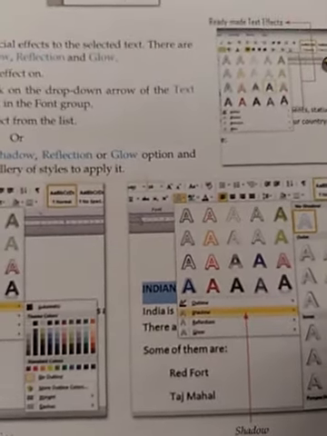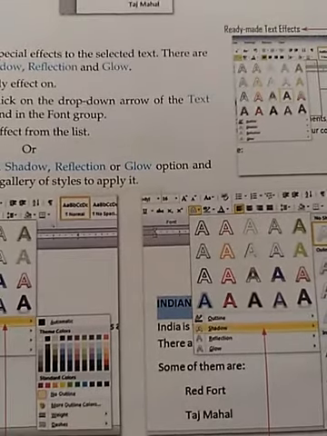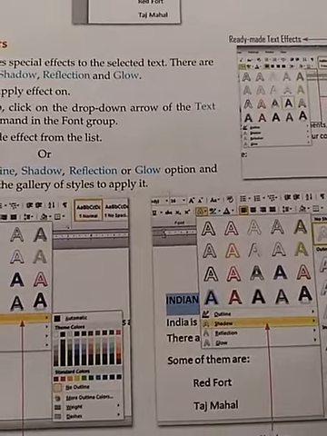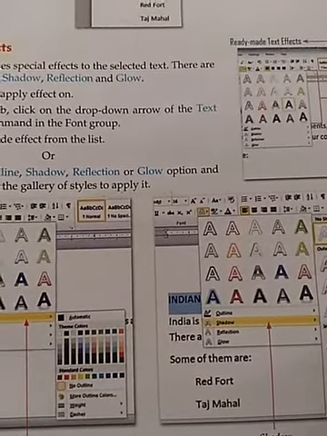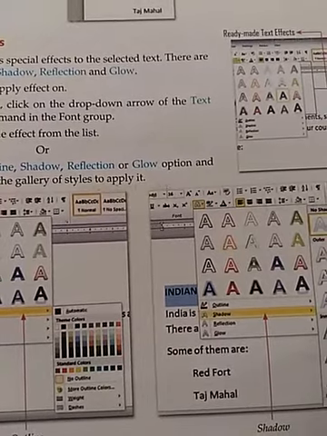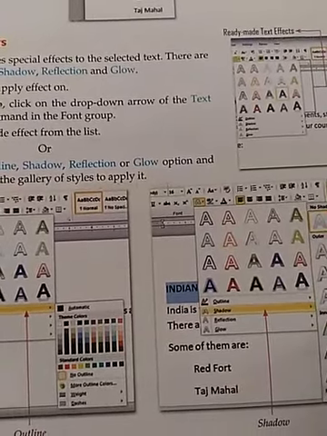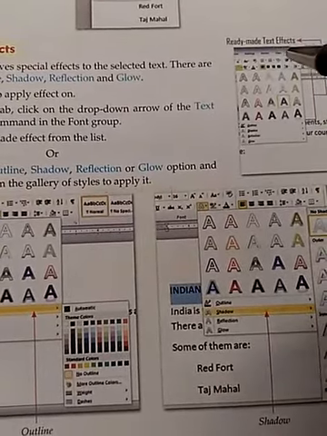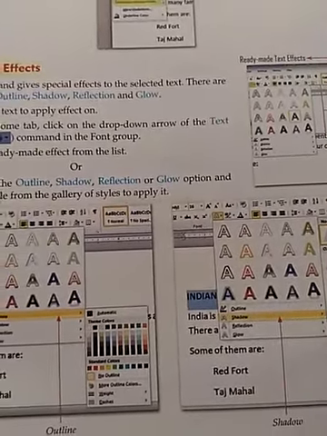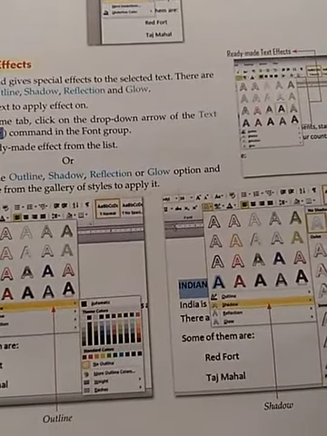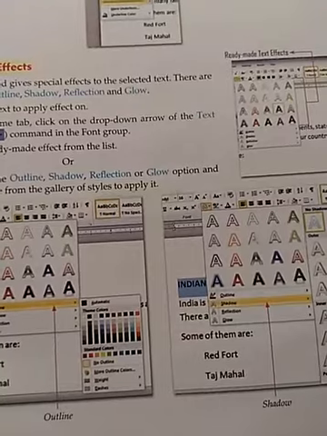If you want to apply these to the entire document, the shortcut key to select the entire document is Ctrl plus A. Ctrl plus A is the shortcut key for select all. So after selecting the entire document, whole document, you can apply any of the formatting features to the entire document. That is, you can change the font color, font size, font type, or anything.